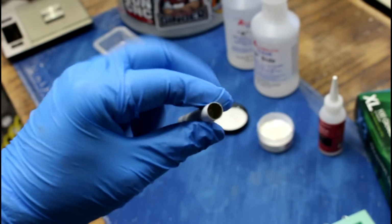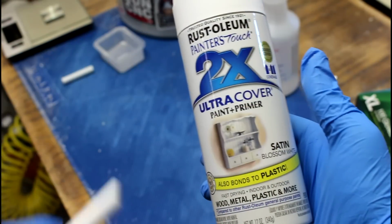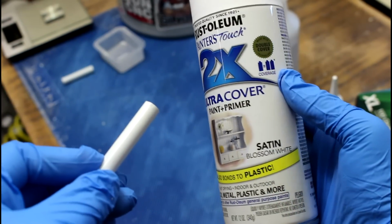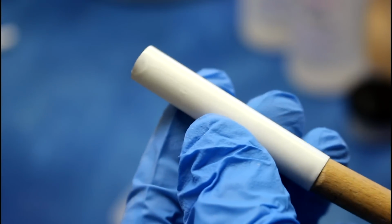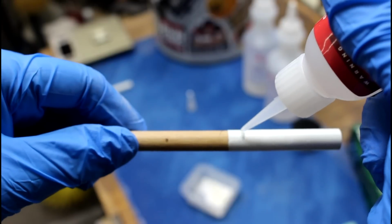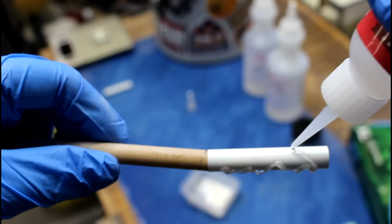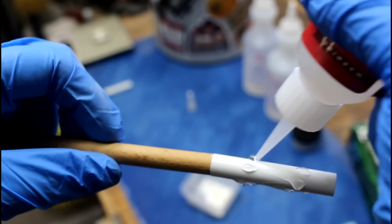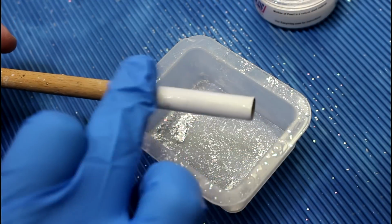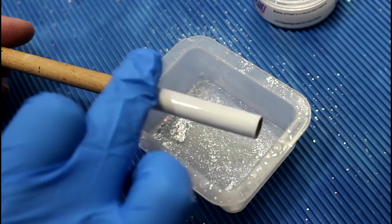This is the brass tube for a Sierra style pen. And all I did was paint this tube white with a couple coats of this Rust-Oleum. I'm just going to load up this tube with some CA glue. Put a liberal amount on here. And then before the glue cures,